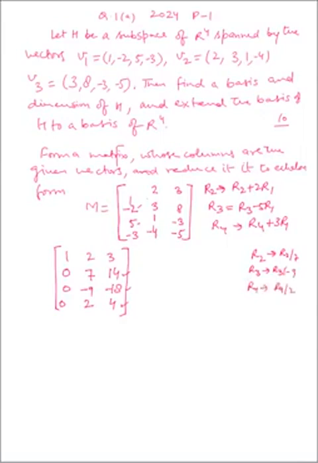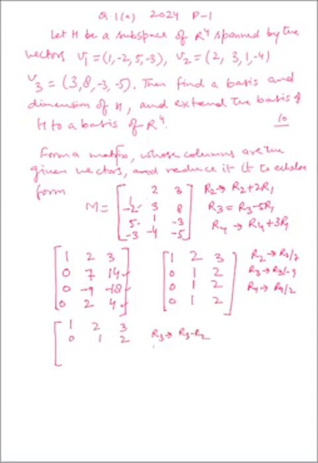So we get the matrix 1, 0, 0, 0 and then this is 2, 3, then 1, 2, 1, 2, 1. Now we can subtract and reduce it. So 1, 2, 3, 0, 1, 2 and R3 we subtract R2 from R3 and in R4 we do R4 minus R2. So this becomes 0 and 0 and this is also 0, 0, 0. So we got the echelon form.